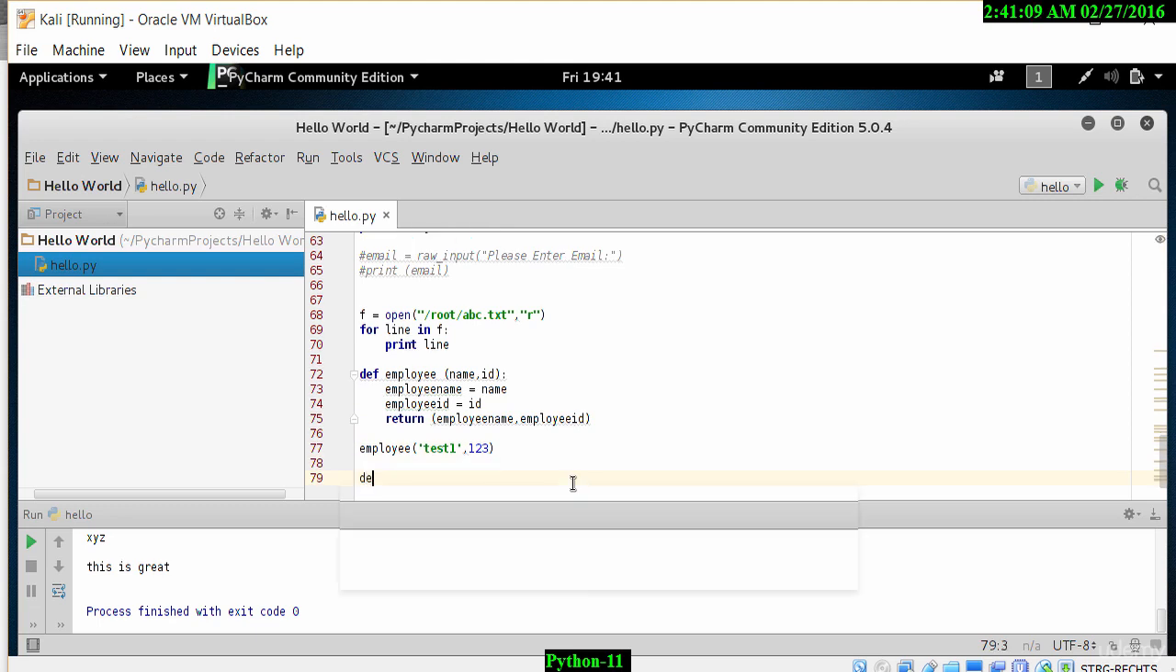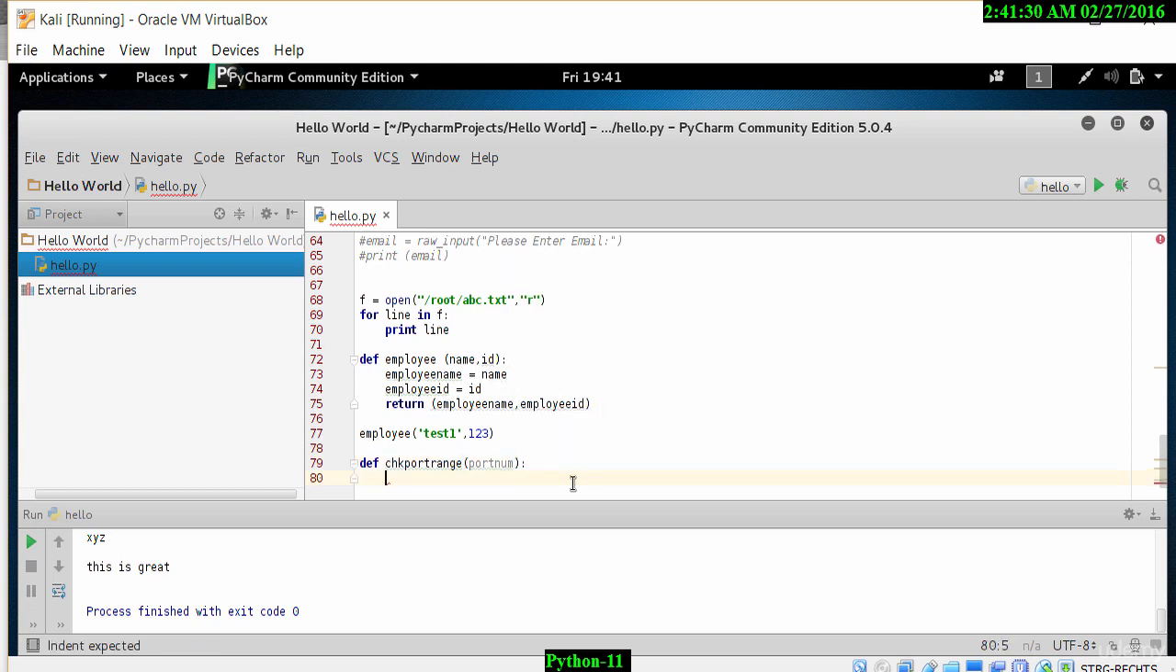Let's use another example now, and let's use something with port numbers, something that will be useful in our hacking examples. So let's define a function here called check port range, and I will put in port number here. So basically what we want to check is if a port number is within a specific range. So let's use the number 65635 as an example, and 0. If port num is greater than